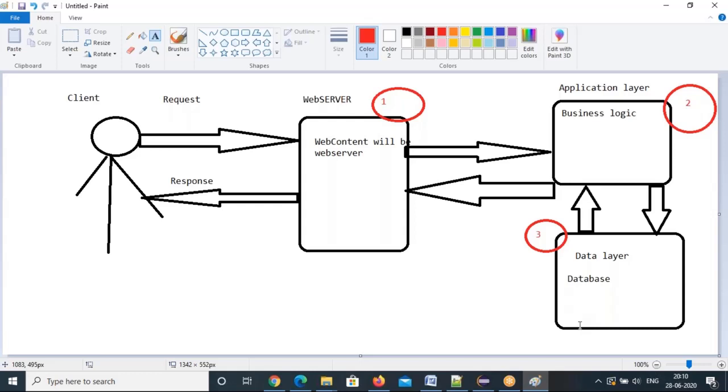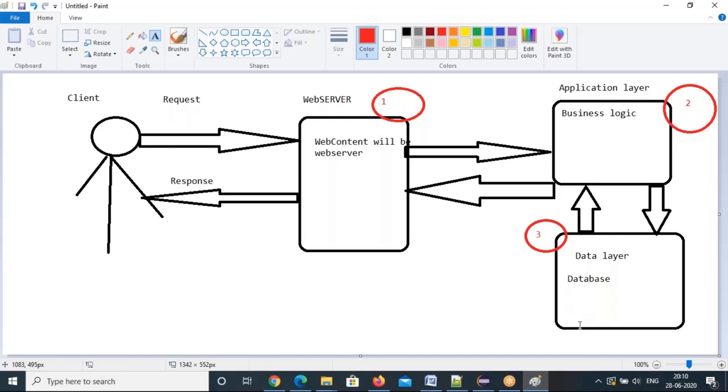But you are not the only one using that application, right? A lot of people are using it, and all their data, where will it be stored? This is the place, this is the area in the database. Your data will be stored in the database. How will you get that data? That's what we are going to discuss.